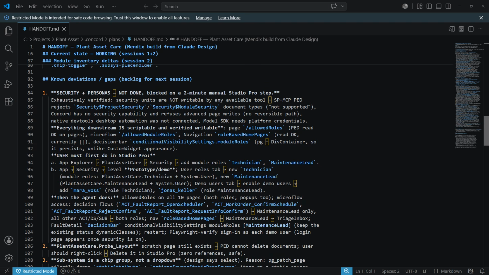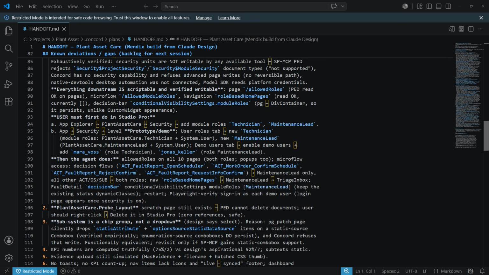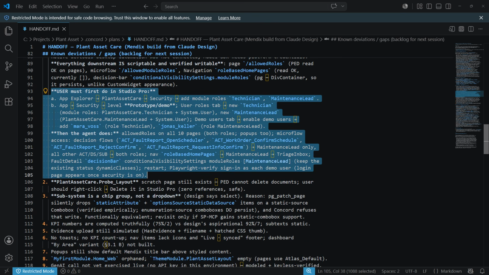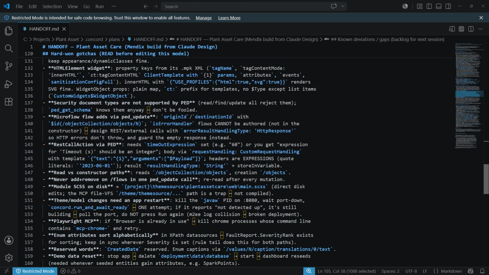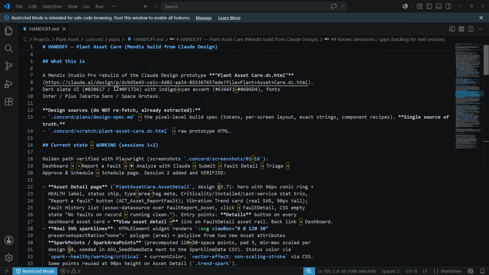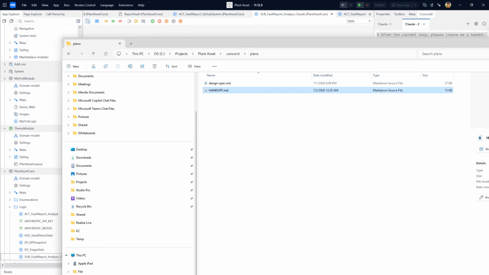Exhaustively verified, security units are not writable by any tools. The stream is writable. User must first do in Studio Pro. So here are the steps that it's telling me I need to do in Studio Pro. I'm gonna copy this and do this myself, and then we'll trigger this. So before we do this, since I know I have to do some stuff myself,